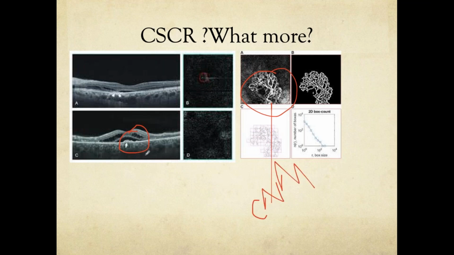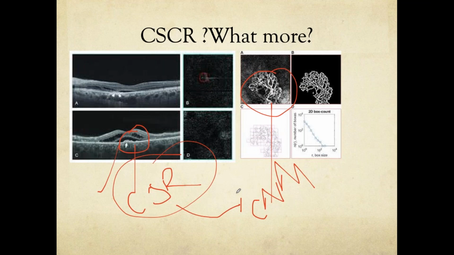So this looks like, although it looks like a CSCR, right? CSCR is not purely a CSCR entirety. It's a CSCR resultant due to a choroidal neovascular membrane. And in such an eye, as most of the